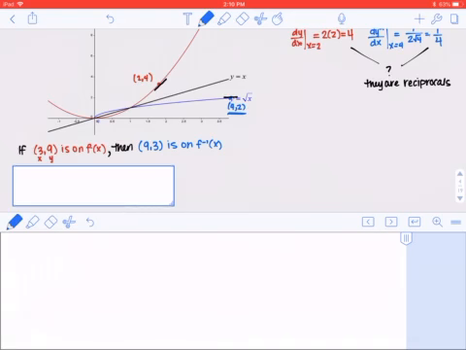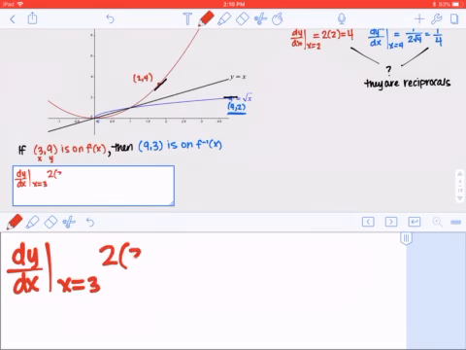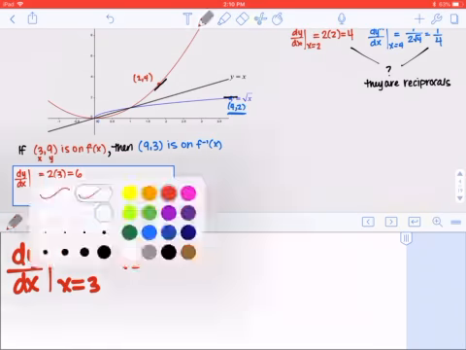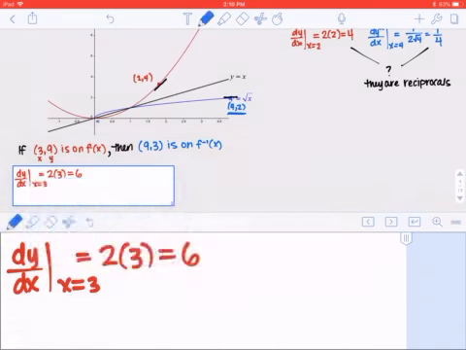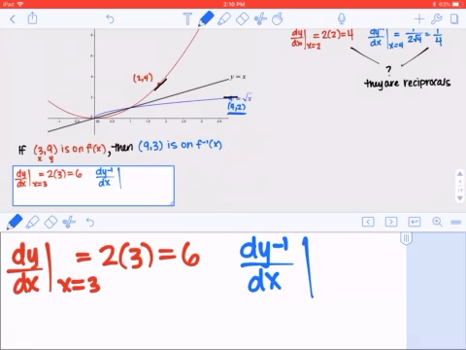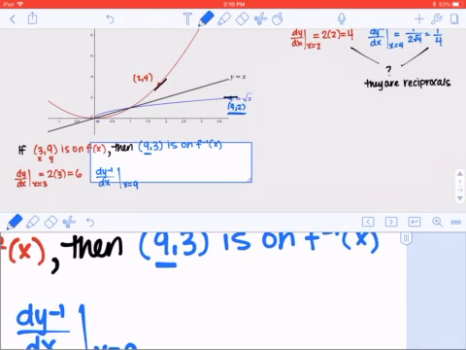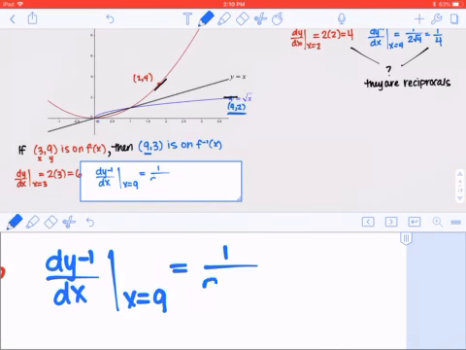Okay, and so my question for you is, let's see if that actually holds in terms of its derivative. So we're kind of expecting reciprocal answers again. If I evaluate the derivative of the function at x equals 3, I get 6. And if I evaluate the inverse derivative, I can't evaluate at x equals 3. Now I have to evaluate at x equals 9, because that's the x value of that point there. I get 1 over 2 times the square root of 9, which is 1/6, and lo and behold, your conjecture above does